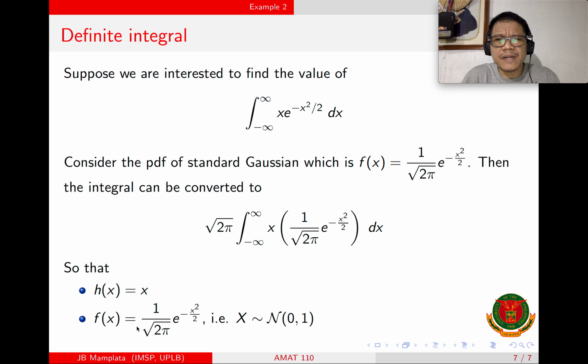So I have presented to you two examples, okay? And there are still lots of applications of Monte Carlo simulations. These two examples are simple, but as long as you have a random variable or a model that involves a random variable with a probability distribution, you can use Monte Carlo simulation.